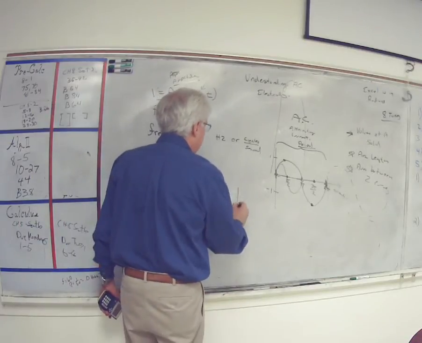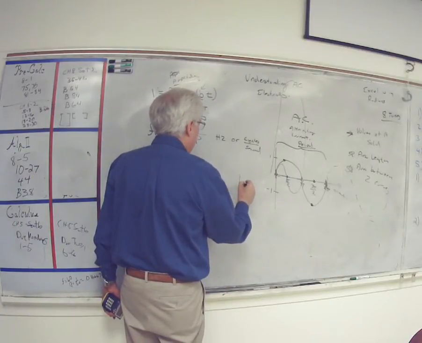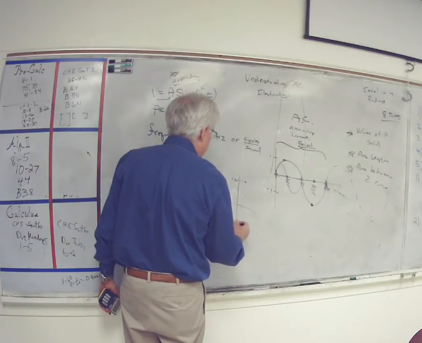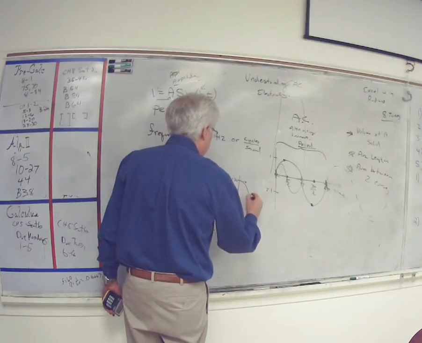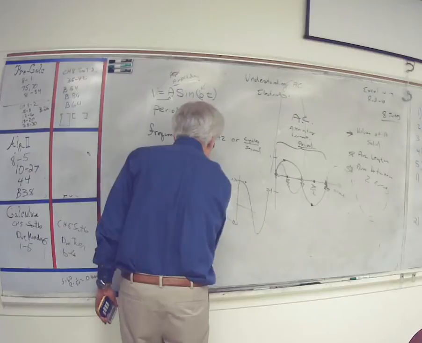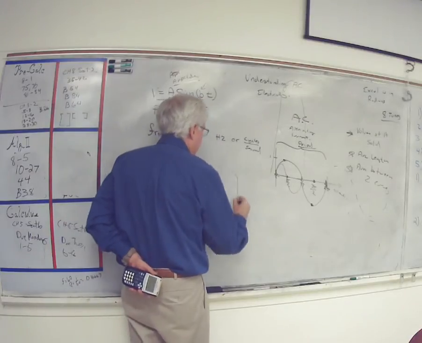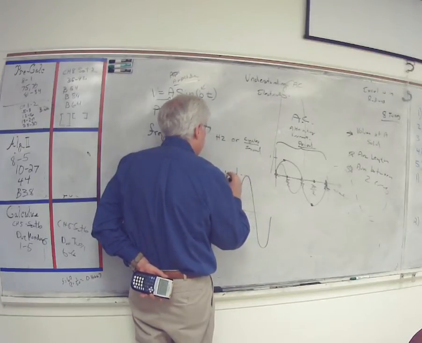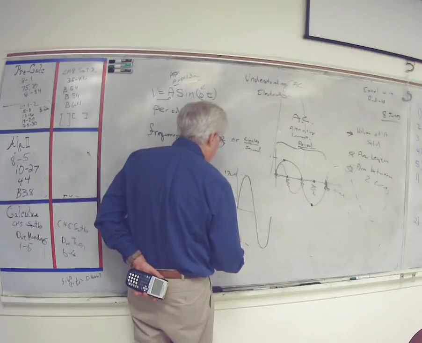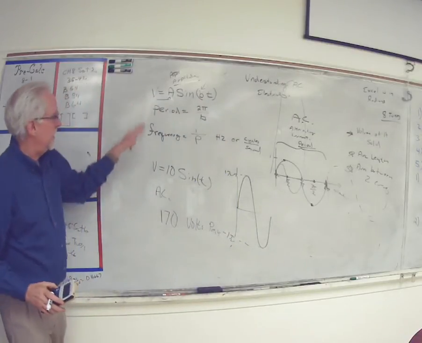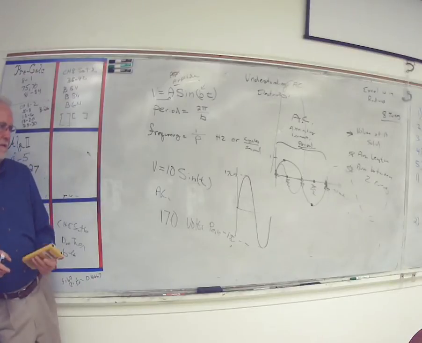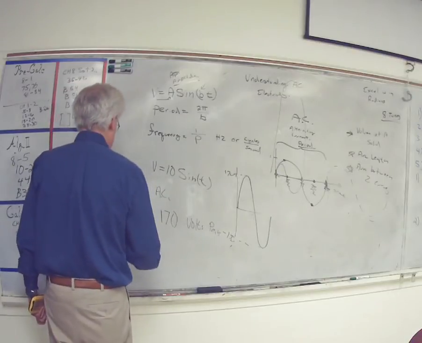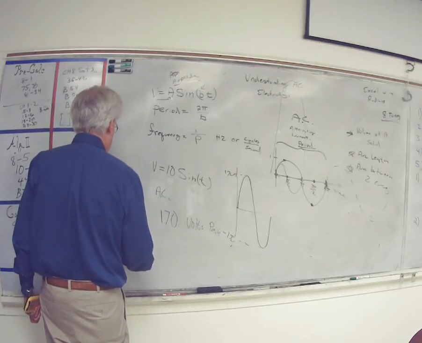So the AC electricity goes from 170 volts to minus 170 volts back to 170 volts. I didn't draw it right. So you see this is 170, and this is minus 170. So what is A for the electricity coming out of the wall? 170. And I will tell you something else. The frequency is equal to